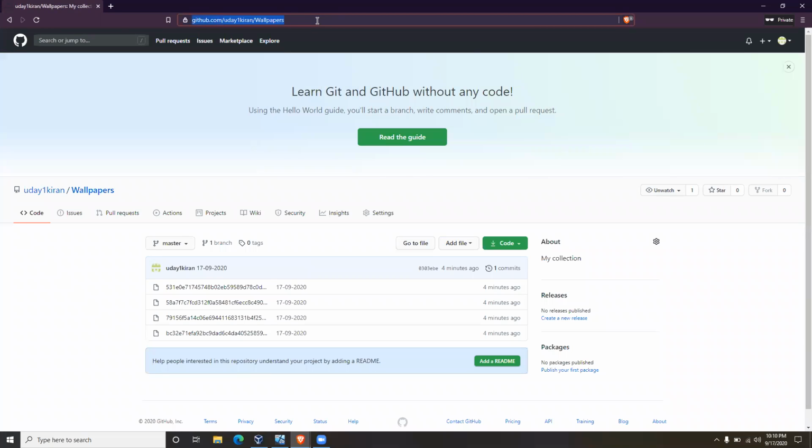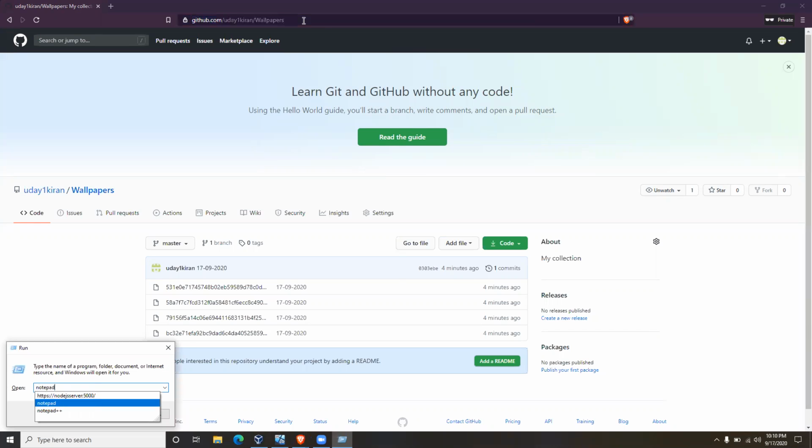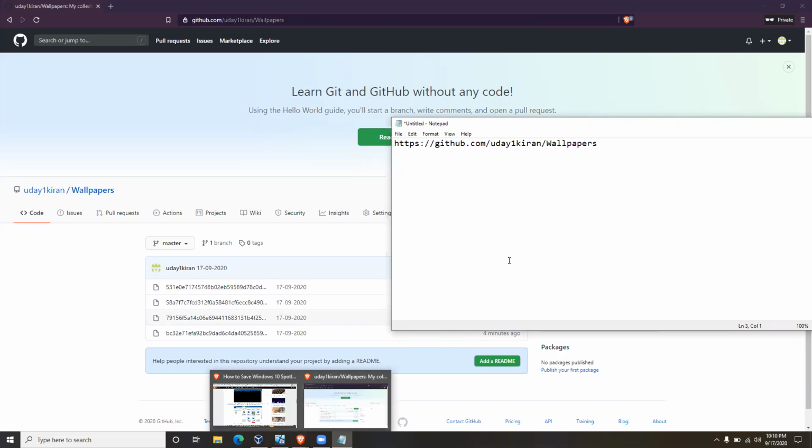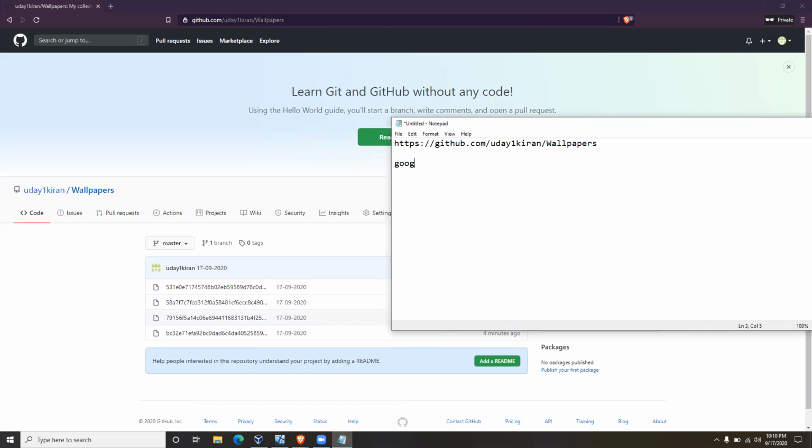So as I kept public, you can save this URL. I will keep this URL in the description also. And also, if you observe, I am using a different browser, not Chrome. This is a modified version of Google Chrome called Brave browser.